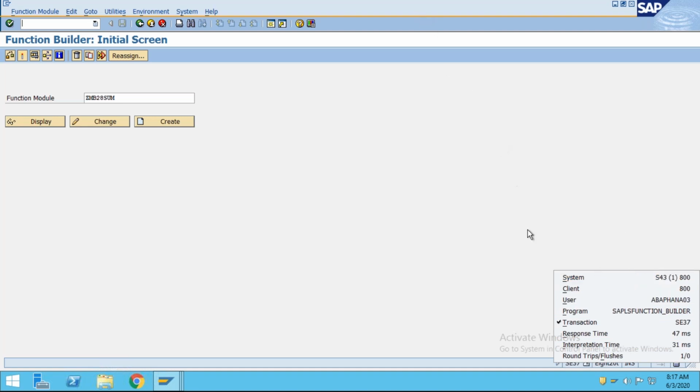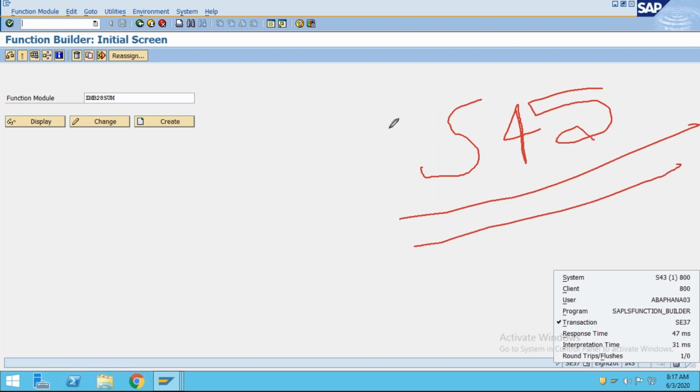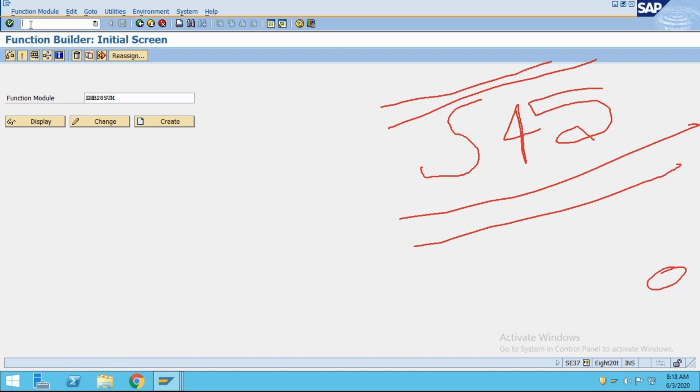This is my current system S43, and for this S45 system I want to create an RFC destination in my current system S43, right? So how to do this? Generally this is the work of basis people, but I will just show you an overview of how they will do it. Or suppose you have the proper authorization, what you can do: